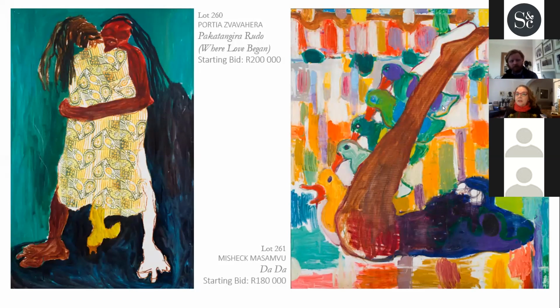Masambu studied at the Atelier Delta and Kunstacademie in Munich, and there he was exposed to German Expressionism as well as American Expressionism, which you can very much see has been incorporated into his work. He changed from a more realistic style into this avant-garde expressionistic mode of representation, which is clearly visible here. He and Portia both, or Sabahira, both have